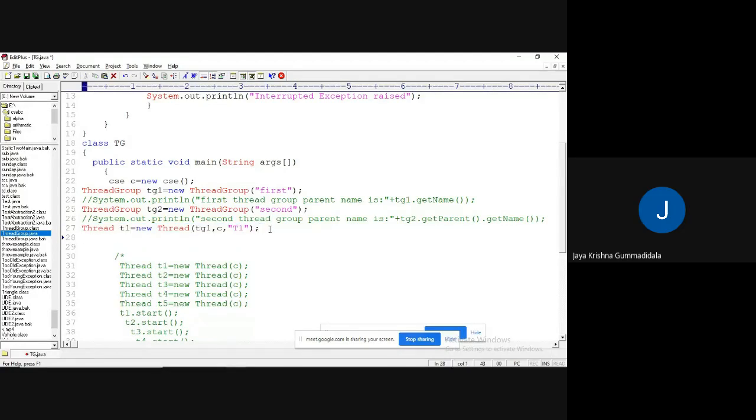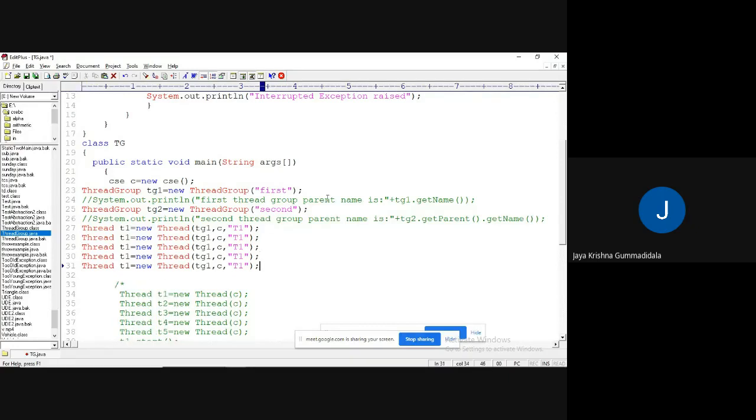I hope you understood more clearly. The first parameter is meant for which thread group I need to add the created thread. So this is for TG1, second one is for TG2, this is for TG2, and this is for TG1. T2, T3, T4, and T5.